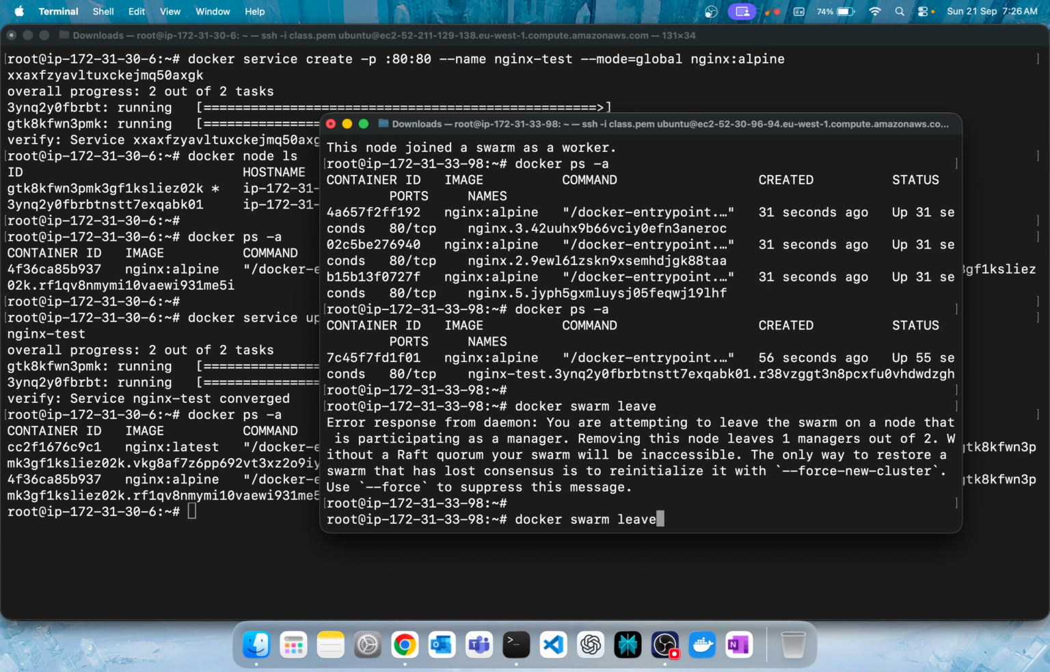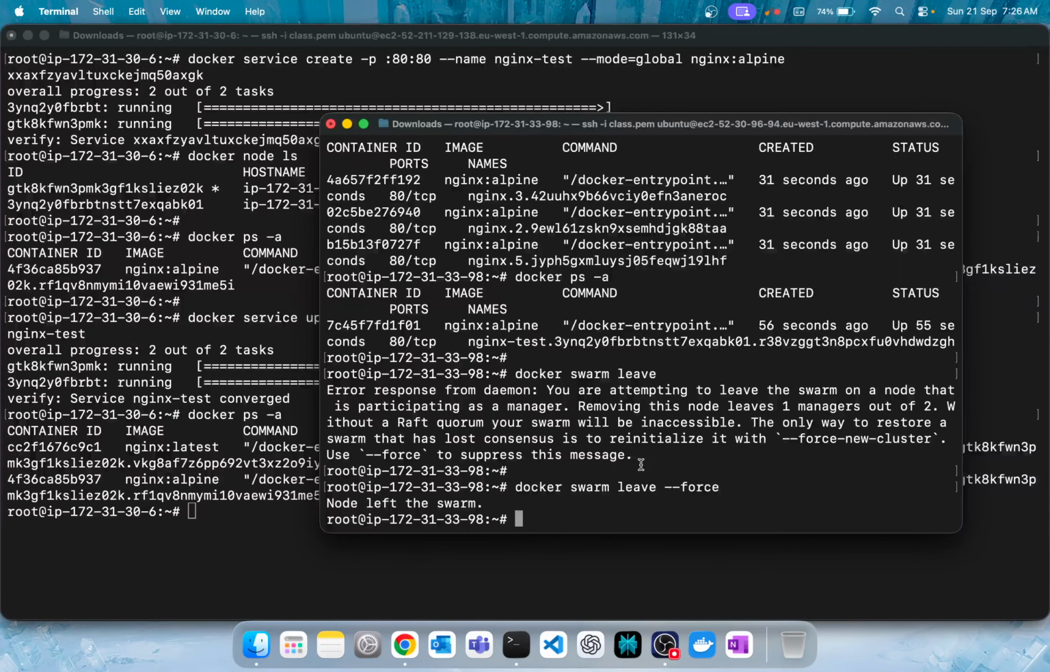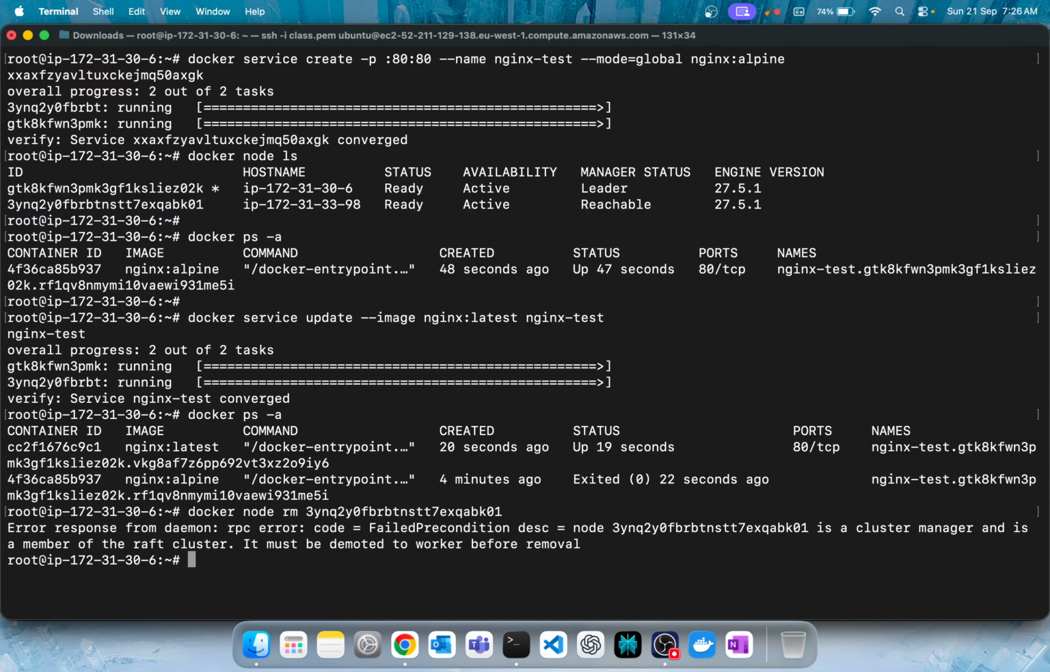See what it is saying when you leave, because this is the manager you're trying to leave. Please check that. Use hyphen force. Now, of course, you have to delete from here, right? Docker node rm. This is the one. See, first we have to demote it and then only delete. Docker node demote. Sorry,